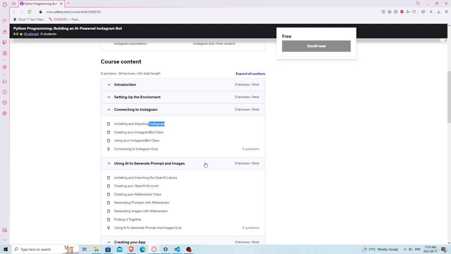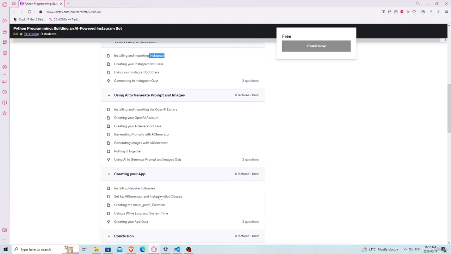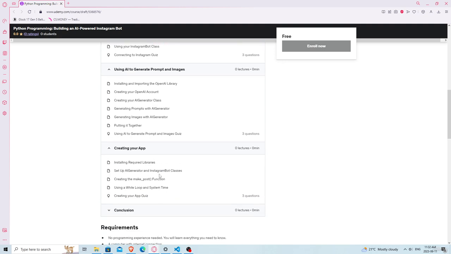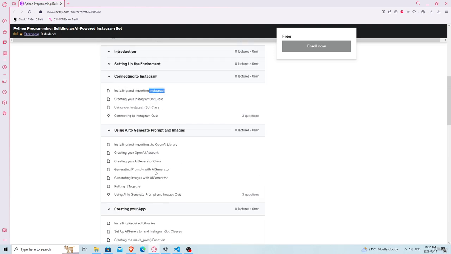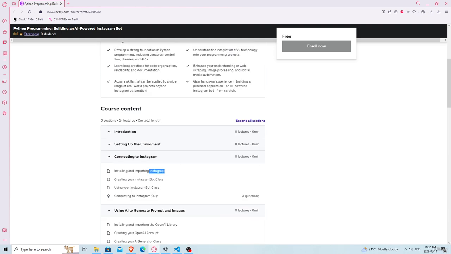Finally, we're going to bring it all together by creating an Instagram post, and that includes using an AI-generated image with an AI-generated caption. So you're going to learn how to leverage the Instagram API and the Open AI to create AI-generated posts. So that is a brief overview of the course structure,